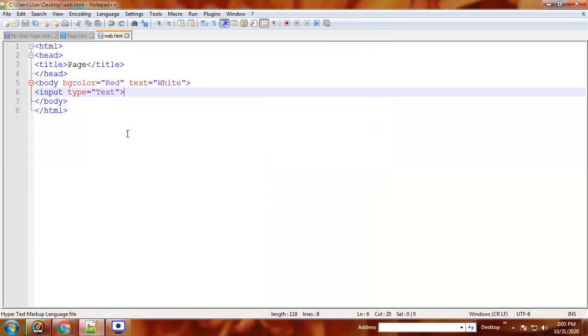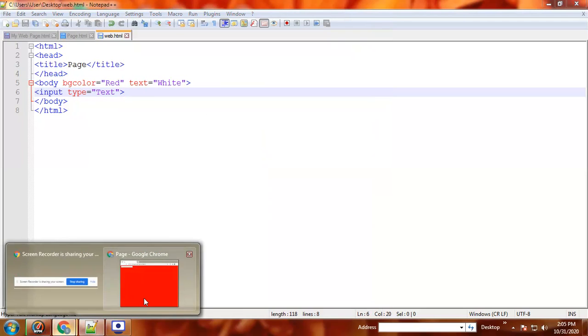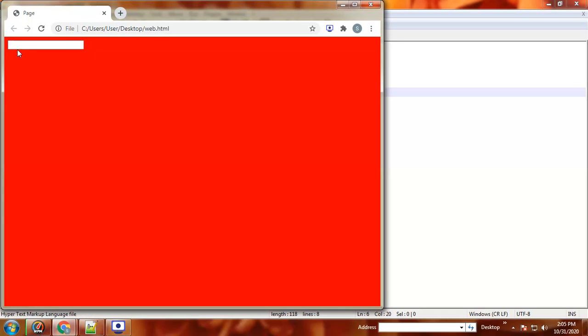So again, if you want to cover this area with a word, that is, if you write something in this blank, the word will be removed. Like name, and when you click here, this word will disappear.